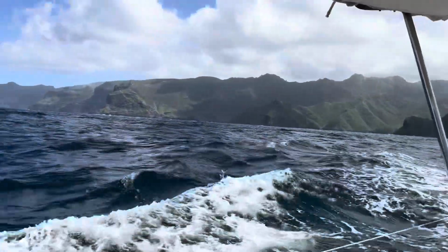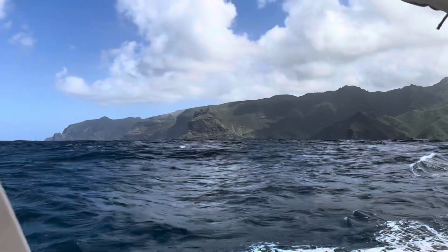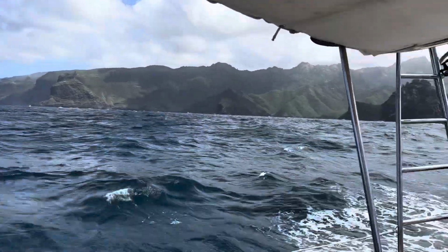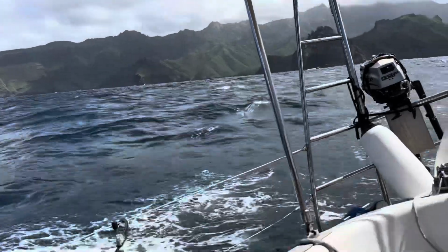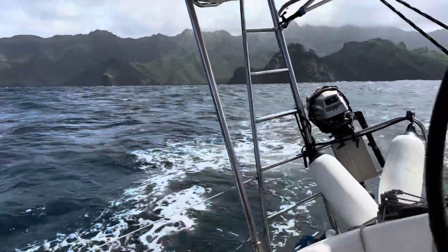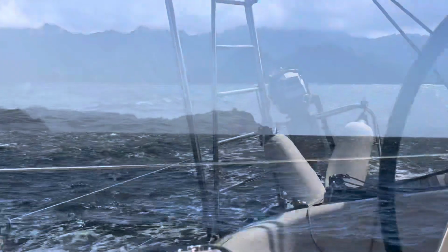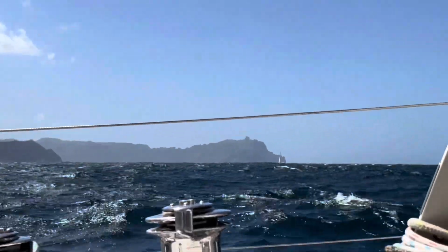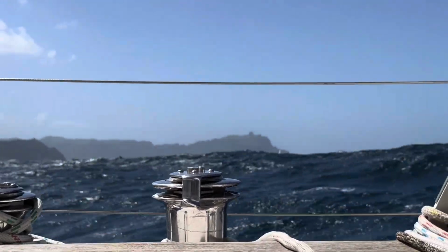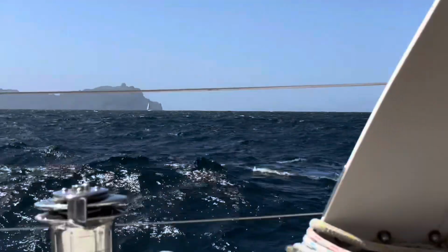Here we go the other way. So on our way to Ua Pou. So there's someone there coming in towards Taiohae Bay. Maybe come round from Hakahau on the north side. The seas are quite big,